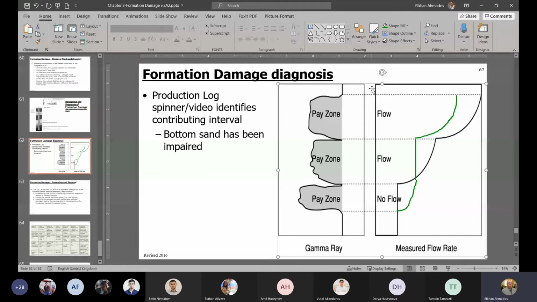From this point up to this point, until the inflow changes, the spinner will see the same constant flow and will rotate at the same speed. Okay, and the next step when it